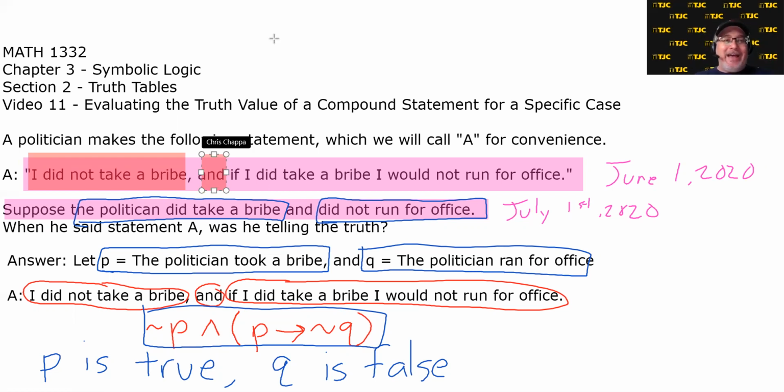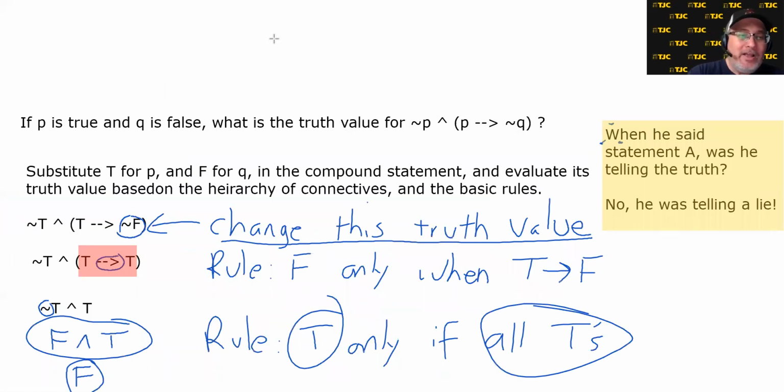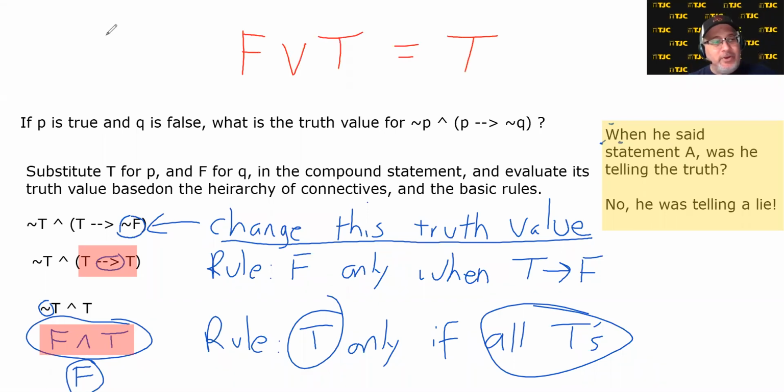Now, had he said, I did not take a bribe, or if I did take a bribe, then I would not run for office, that would have been true, because if he said or, then down at this point, we would have had false or true, and that actually ends up being true. So did he mean to lie? No. Did he mean to take the bribe? Probably. Did he mean to get caught? Of course not. But the point I'm making is